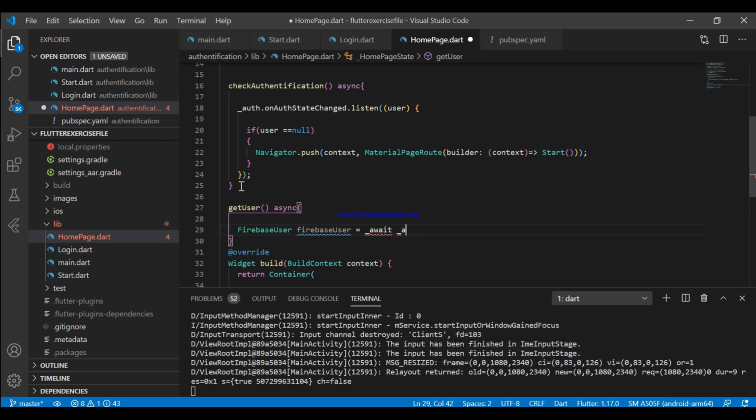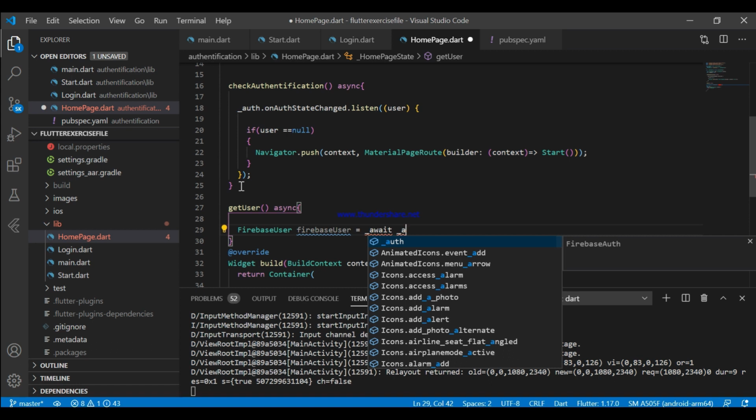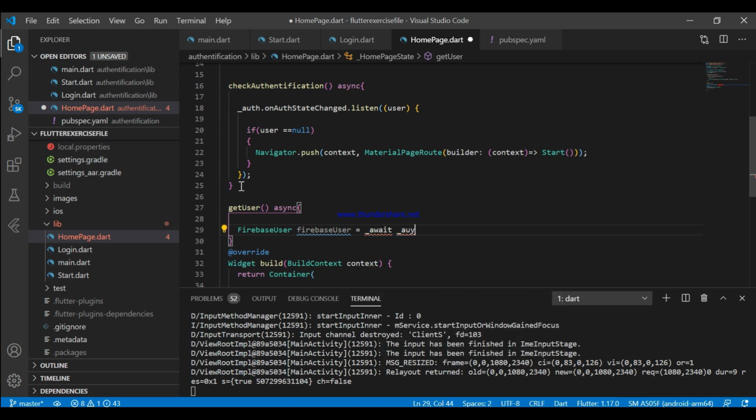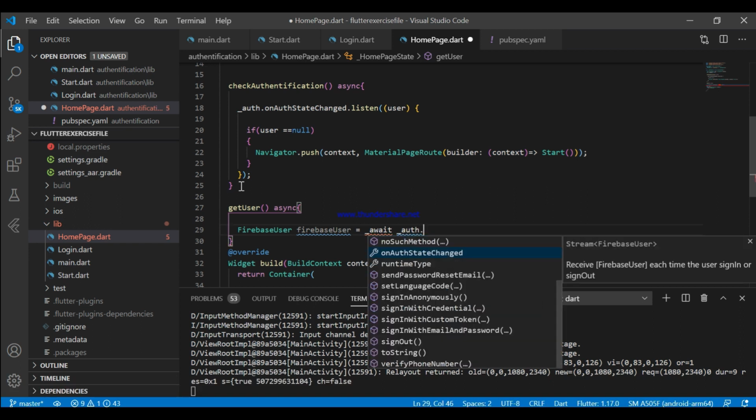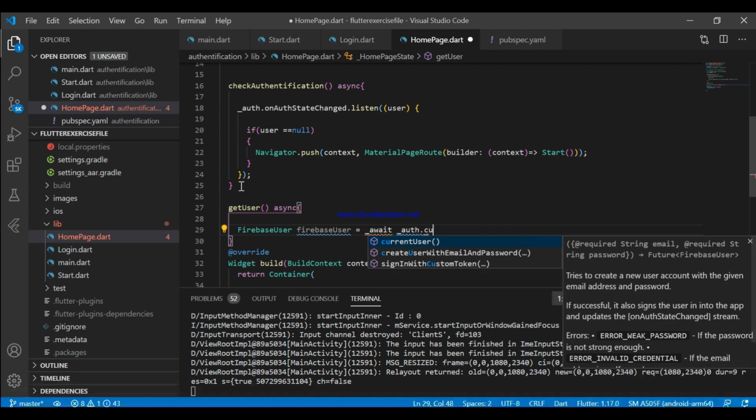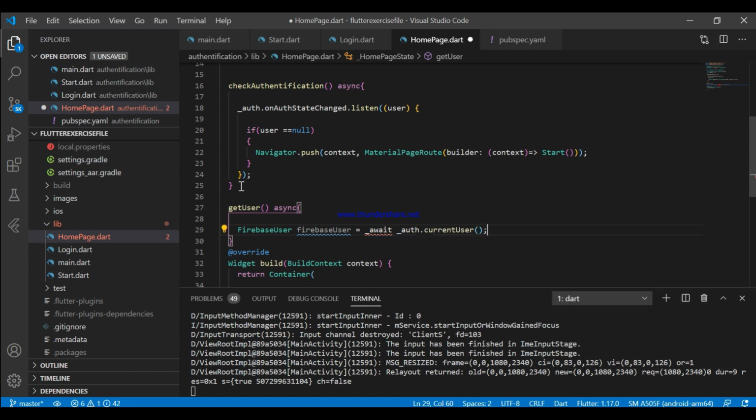What this line means is that I'm grabbing the user from Firebase as the user has entered the email and password, then he presses the login button. Then all the details go to Firebase and we are grabbing those details from Firebase, like email and password. I hope you will understand.